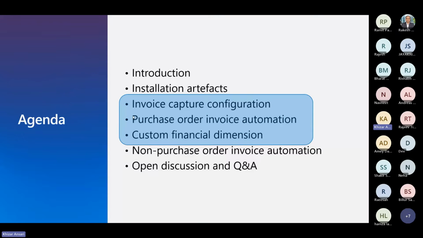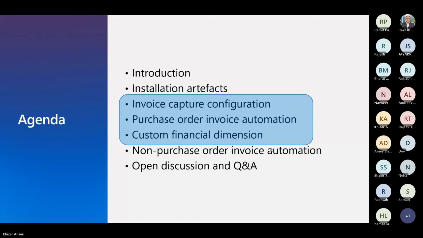So first of all, we installed the invoice capture so far, and we have done some configurations within Finance and Operations Dynamics for invoice capture. We will now navigate to the original application that we installed, and look at some bare minimum configurations that are required so that you can upload an invoice and the automated process is triggered. Then I will upload an actual purchase order invoice, which will be read by the AI solution, and we will see it running in real time. And then I will talk some more about custom financial dimensions from the guide that Rakesh showed us about